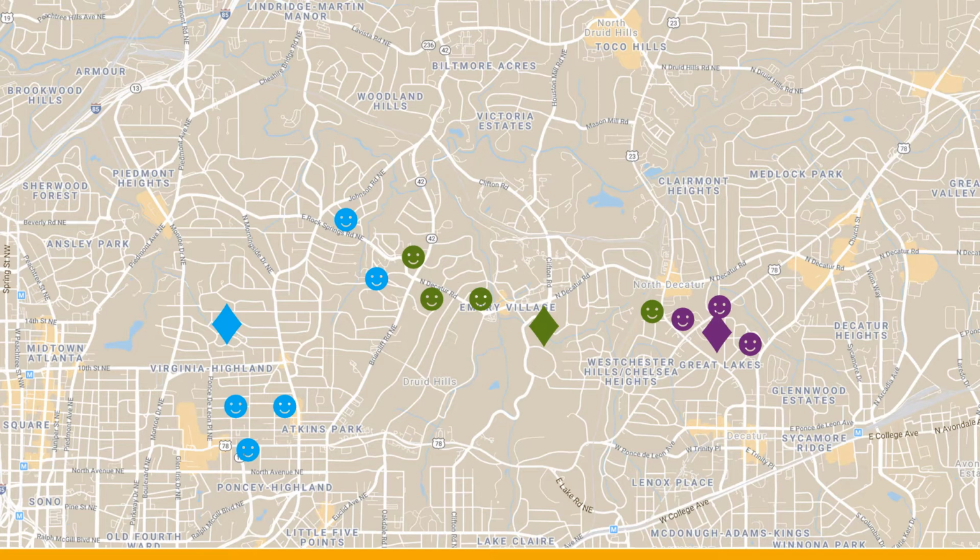So let's do that. Let's do the same thing with the green store and the blue store. Move each store to the center of the customers each is servicing. Now let's repeat the first step. We assign each customer to the store closest to them. This results in a customer colored green that could be better served by the purple store. So we color it purple.